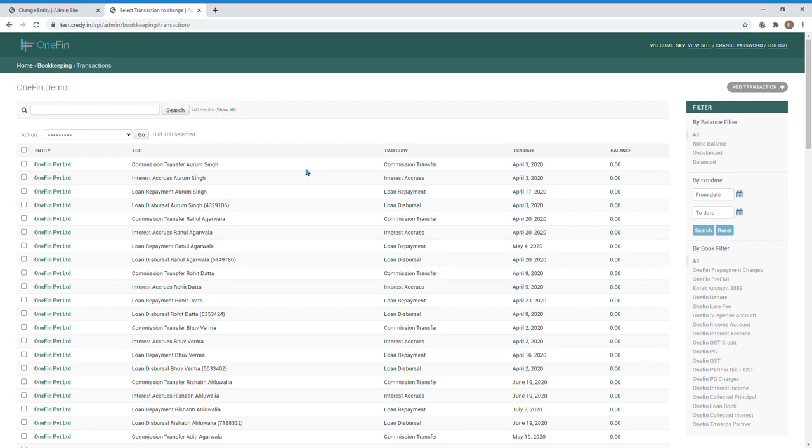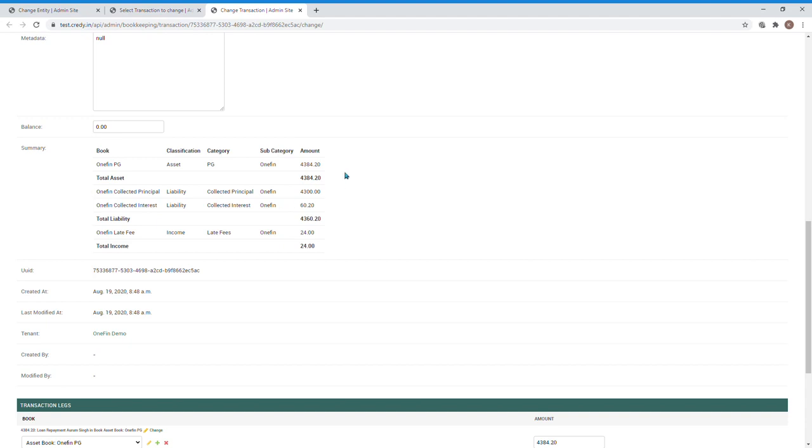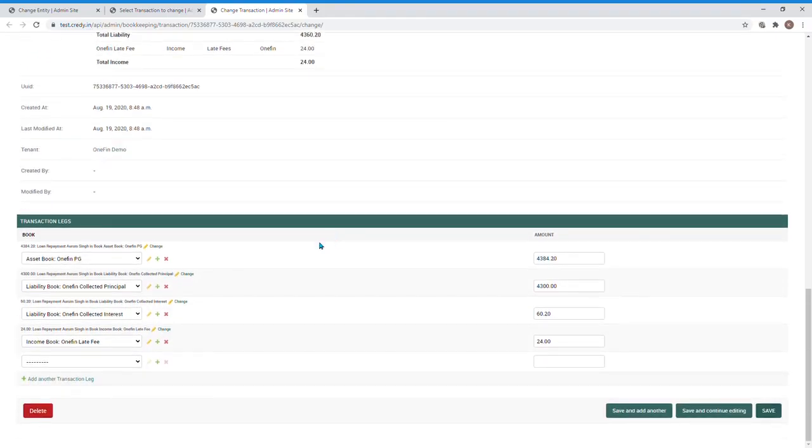Transactions hold information about different accounting legs. For example, a payment transaction by a customer on a payment gateway would be composed of allocations to different heads like principal, interest, etc. You could add, remove, or edit transaction legs. You can do all these functionalities automatically via rules or via the web interface. For example, allocation of customer payments to principal, interest, late fee, etc. can be done automatically based on your accounting logic.